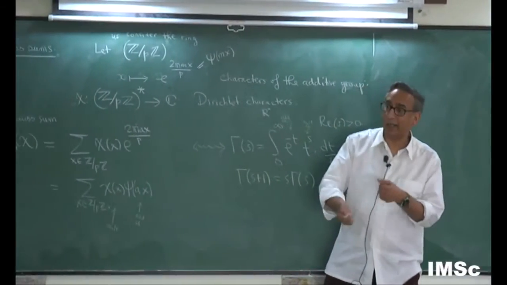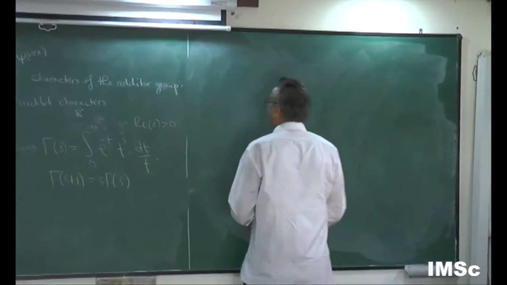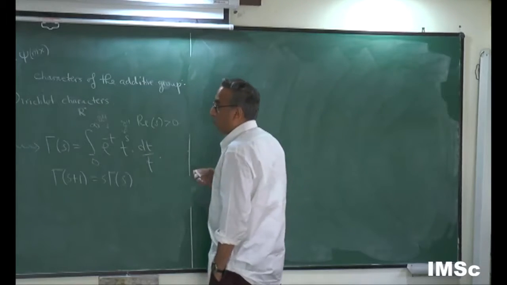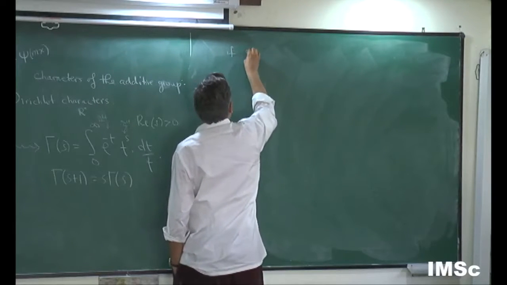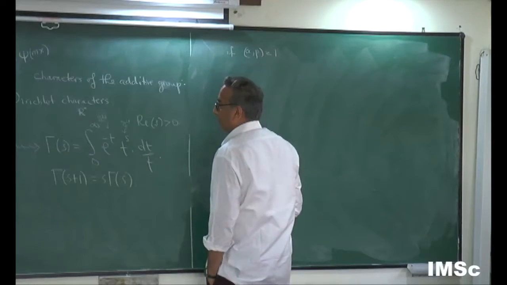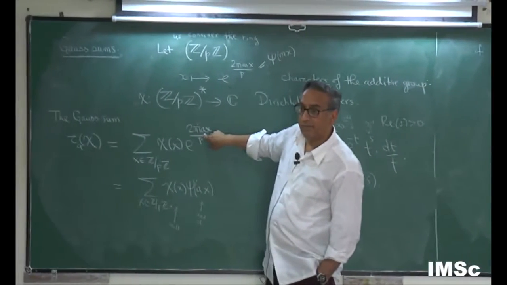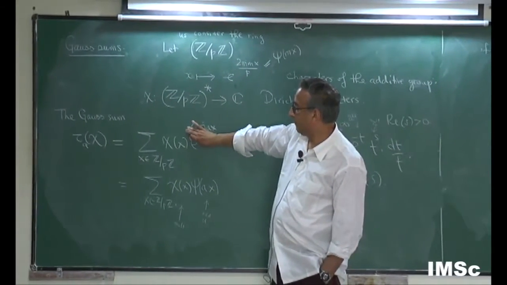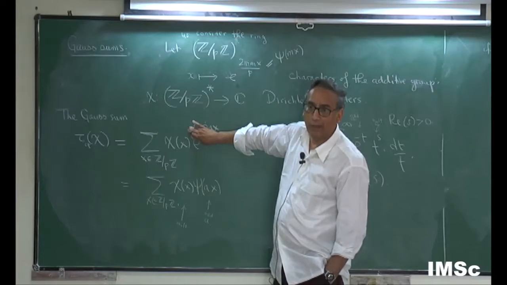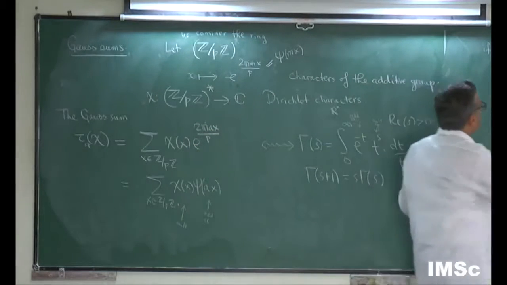So you can go back into two different worlds and get interesting results. So what can we say about the Gauss sum? Let's see. For one thing, if a and p are relatively prime, well, firstly, if a is 0, this is 1, right? And we already saw the character sum of chi of x is going to be 0 or 1 depending on whether it's trivial or not. So we know about that.